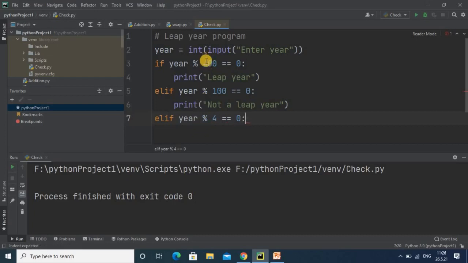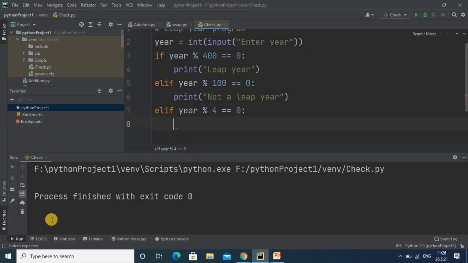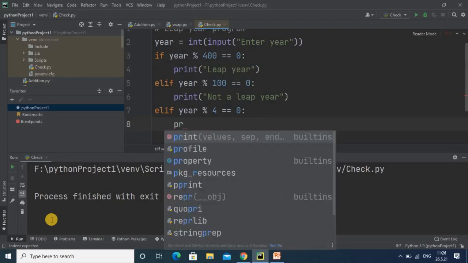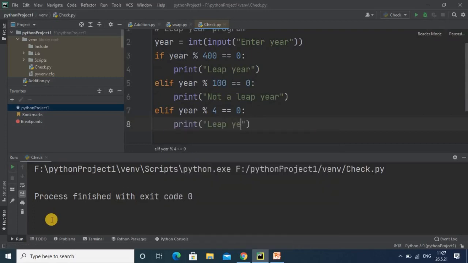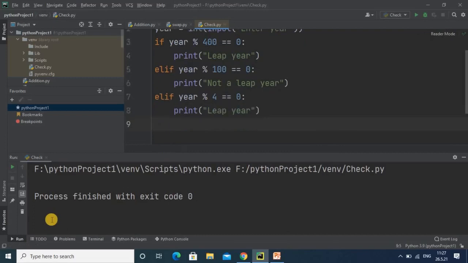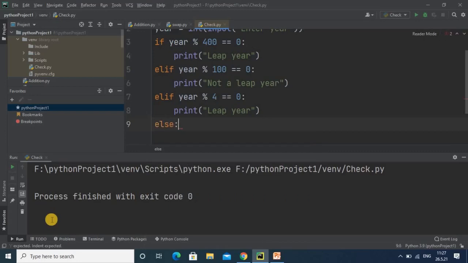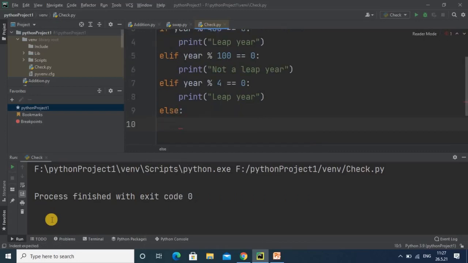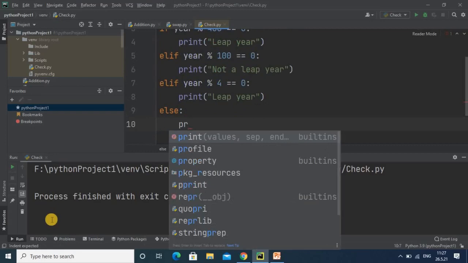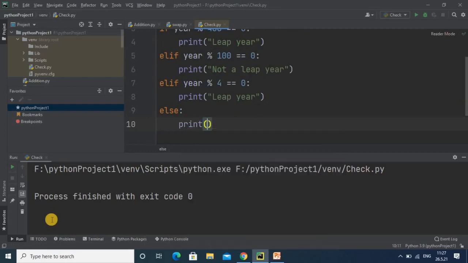So if the year value is not divisible by 400, not divisible by 100, but if it is divisible by 4, then we know it's a leap year. And suppose all conditions are false, then finally we will go for the else block. So if it is not divisible by any of them, then we are quite sure it is not a leap year.